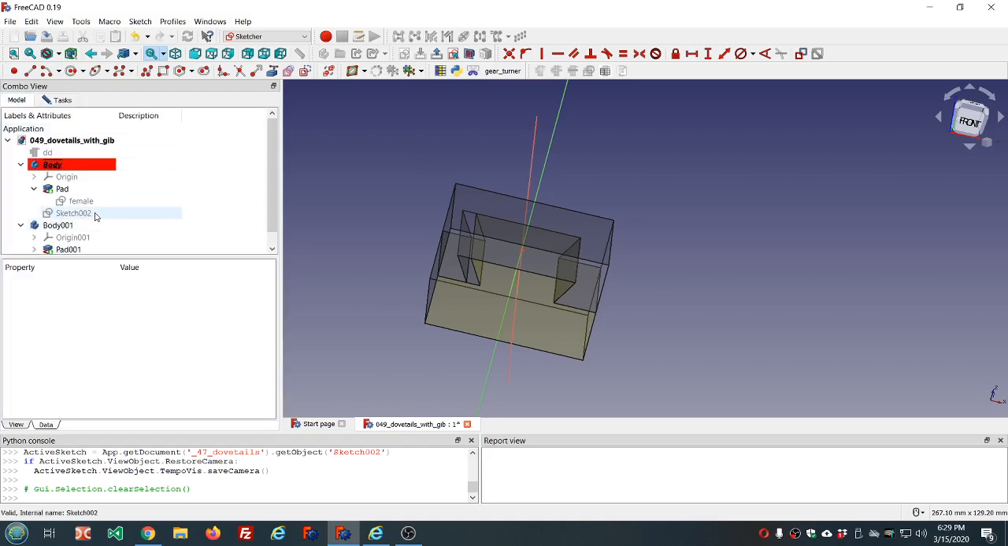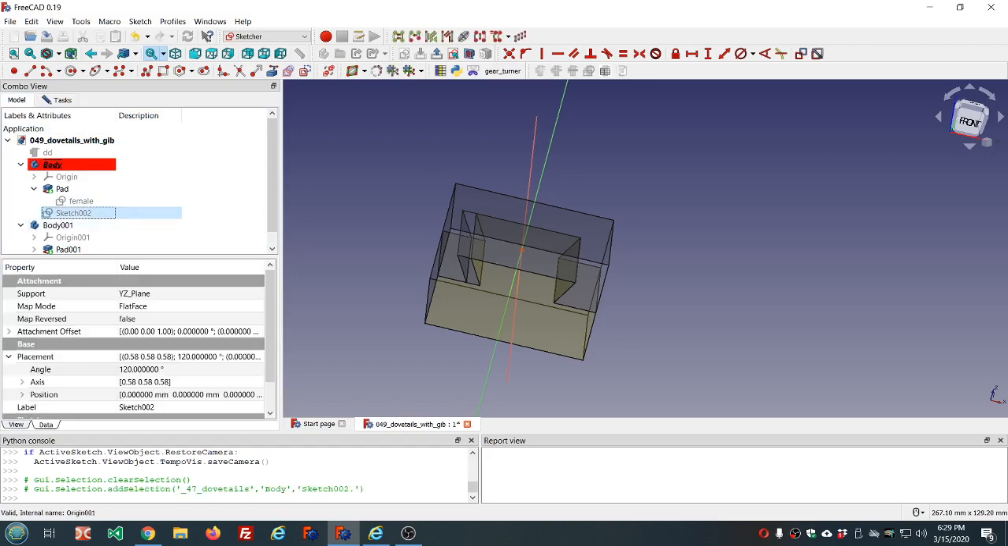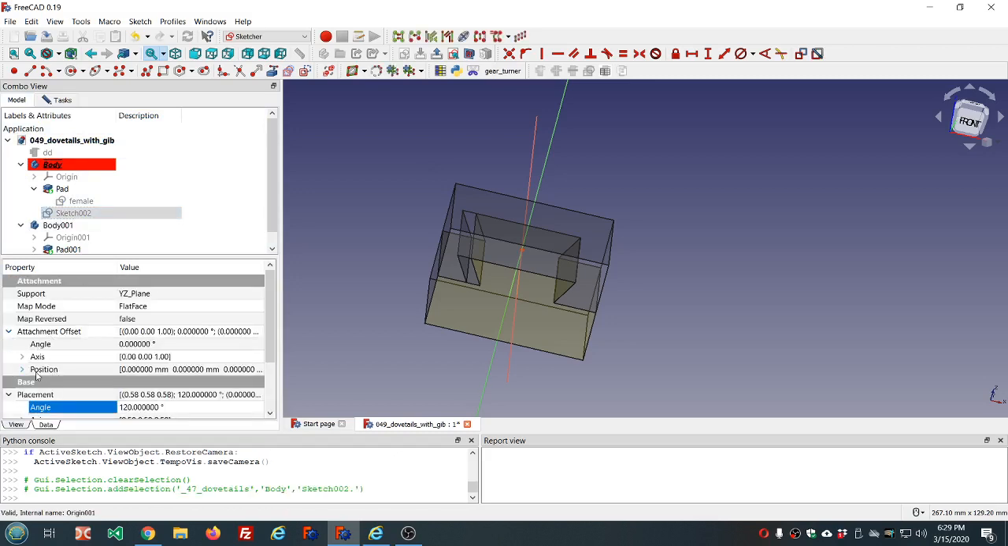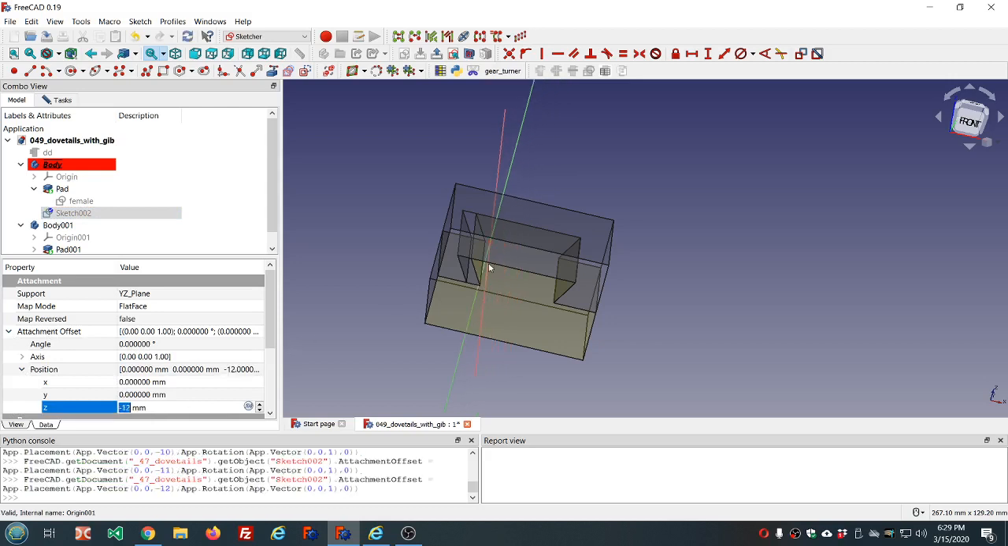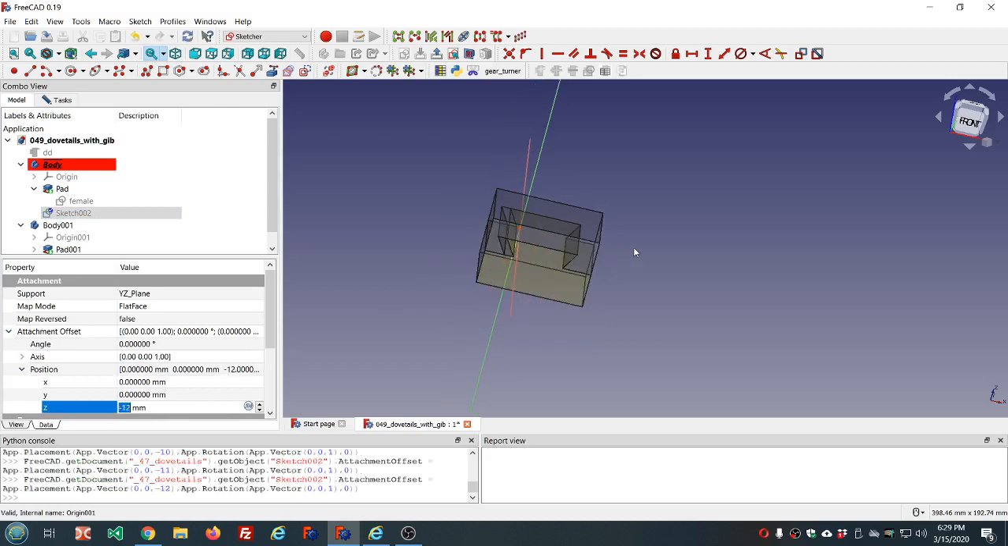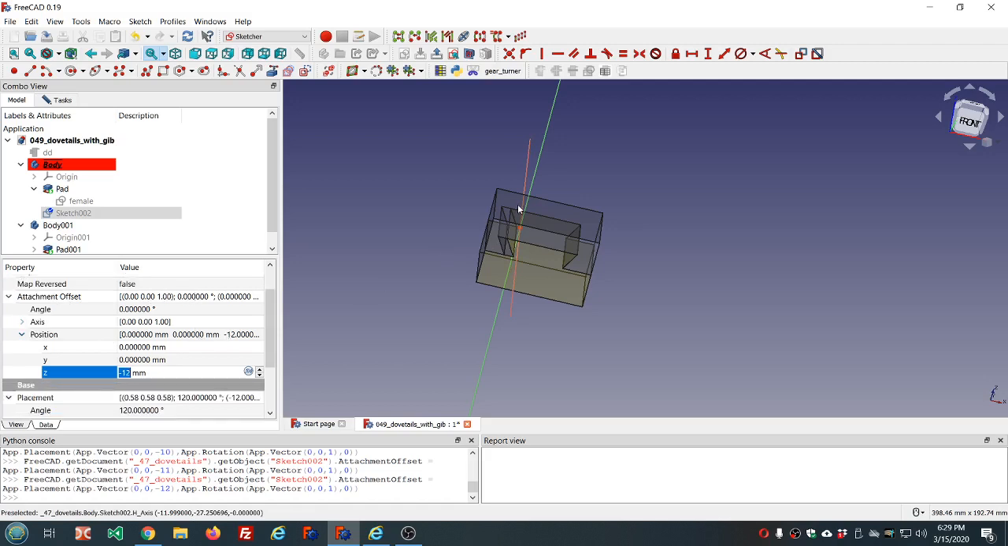Let's switch to the model tab, open the attachment offset, and you move in the Z direction. Even though in the global coordinate system this would actually be the X direction, when you're changing the attachment offset of an object, particular sketch, the Z is that direction normal to the plane of that object,